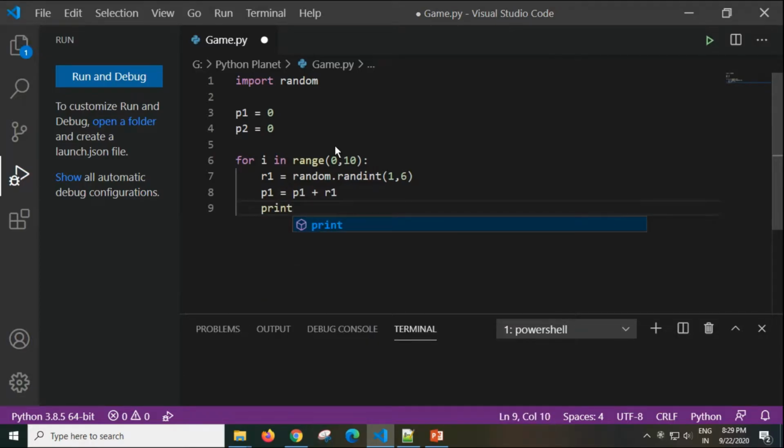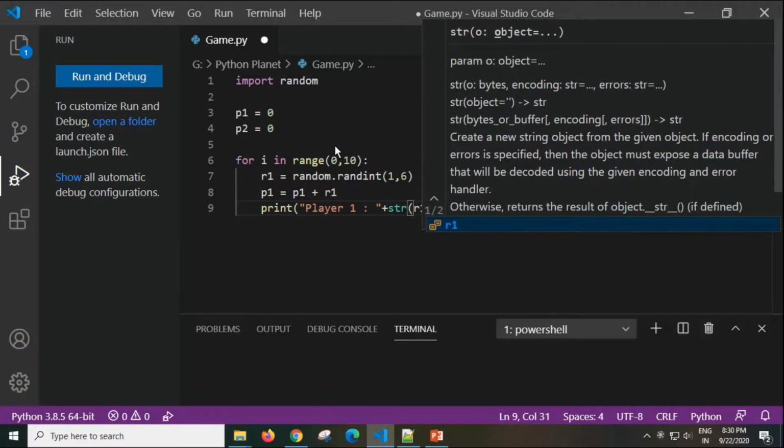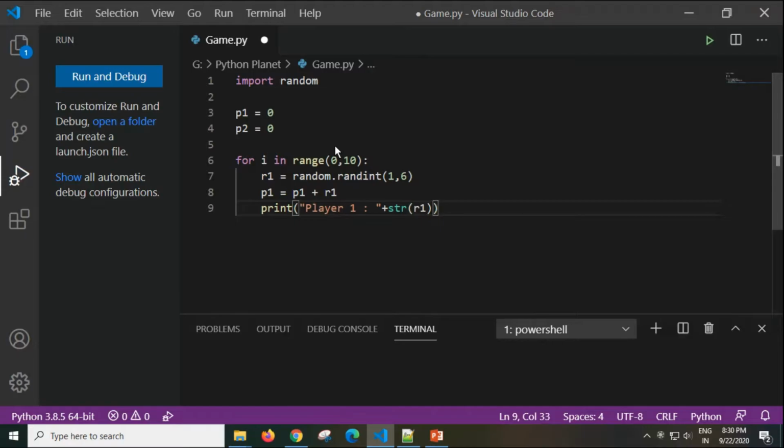Next, I will print the random point that my player has got. So I will write player 1, str of R1. To print some value, I am using Python's inbuilt function print. Now the restriction with print is that it accepts only strings.